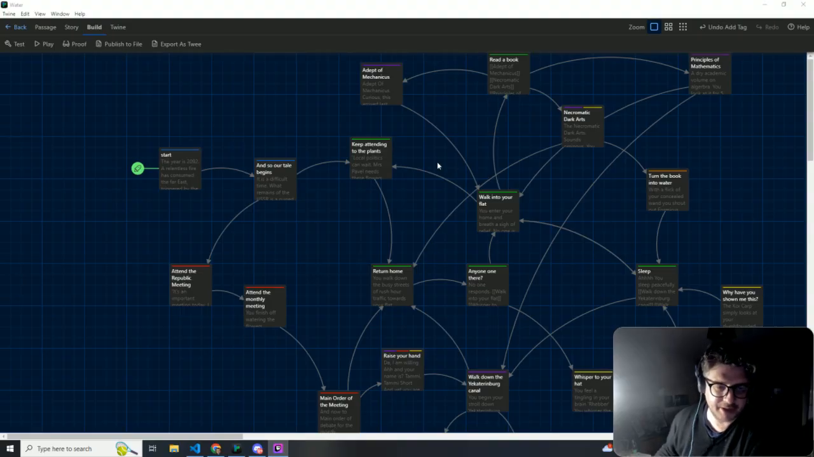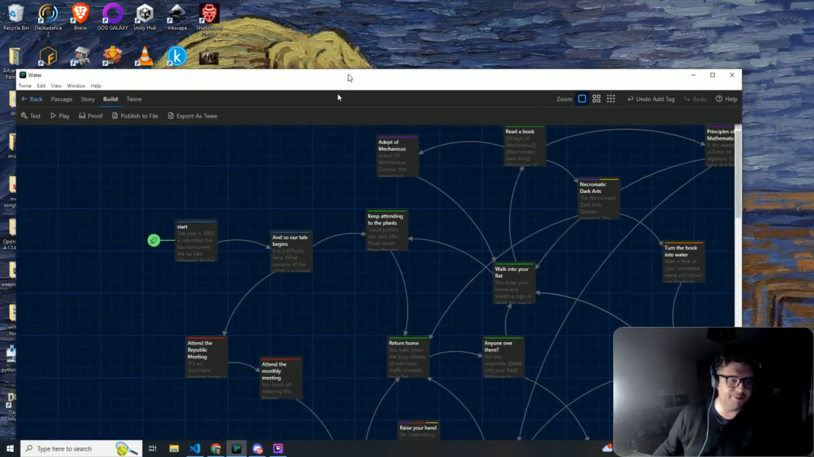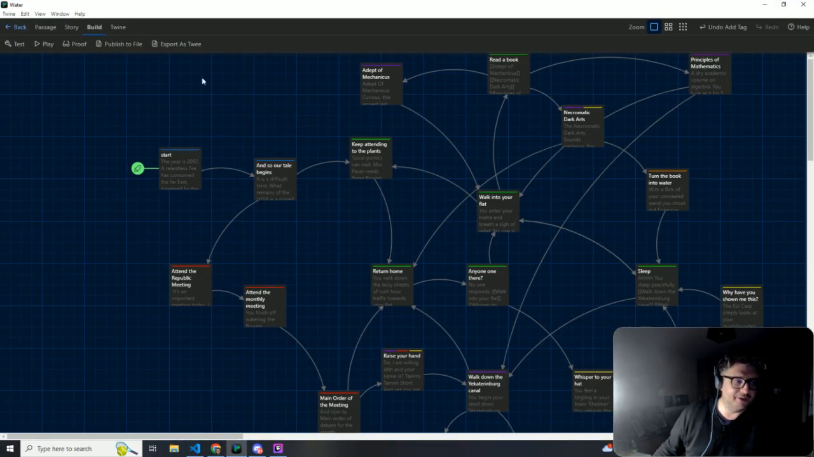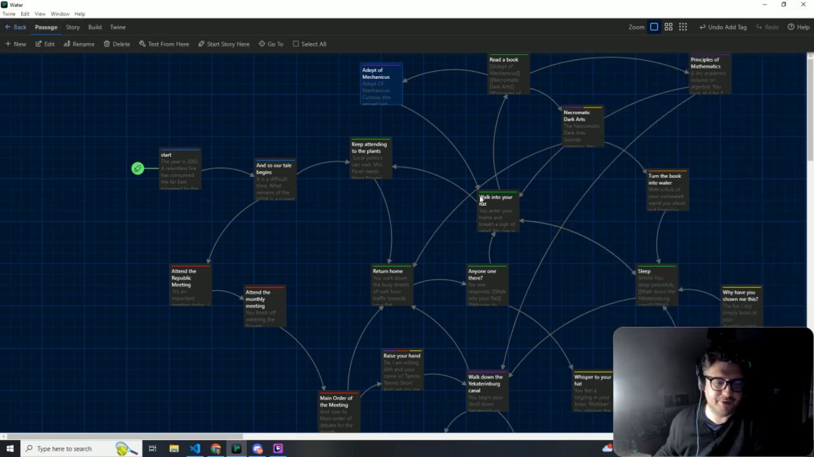Hey, this is a quick guide to using Twine. This is the desktop version of the app I'm using here, which you can download online on Twine. So this is the interface. Passage, there's all these different nodes. We add the story,